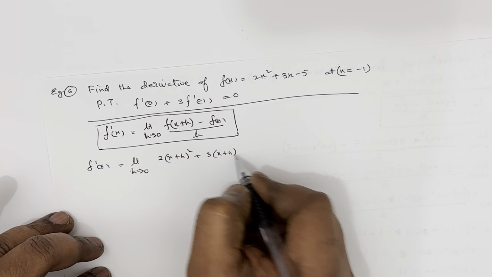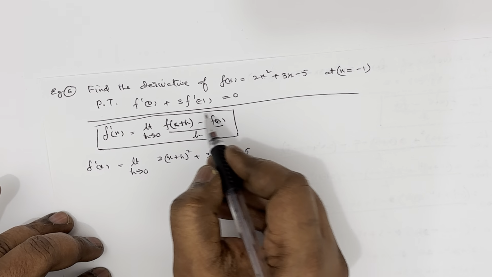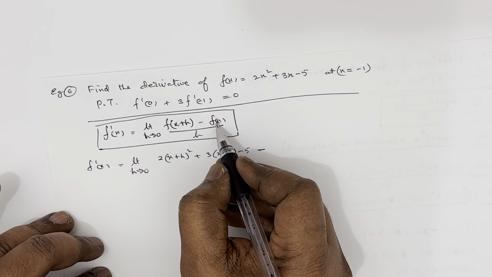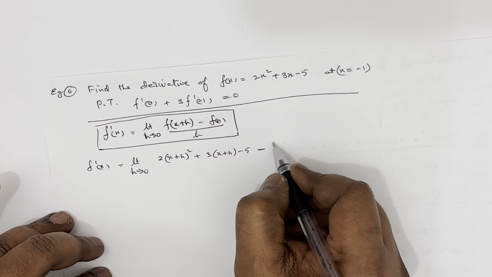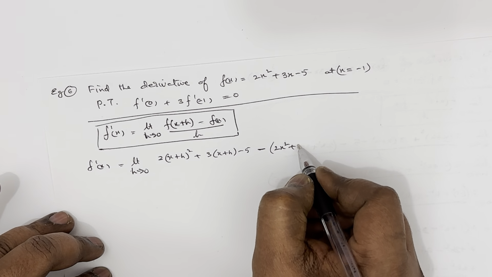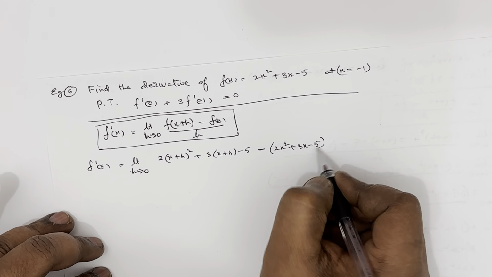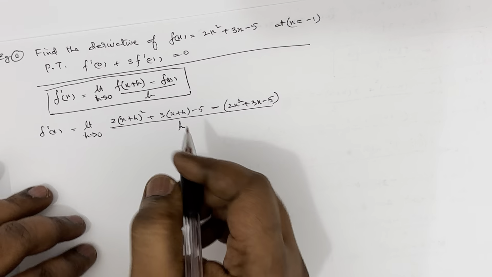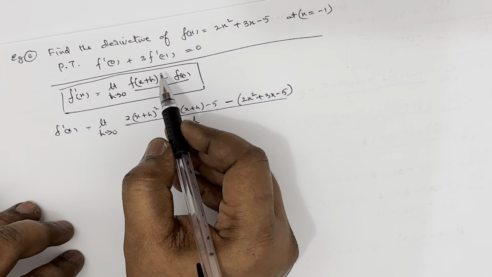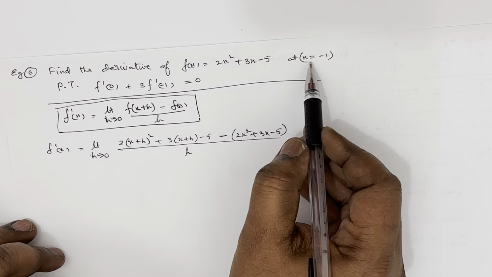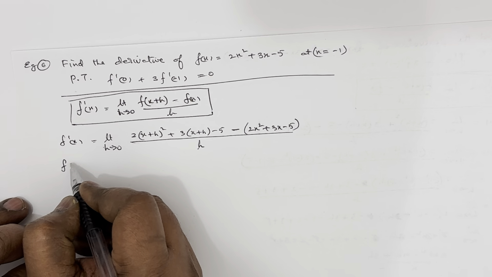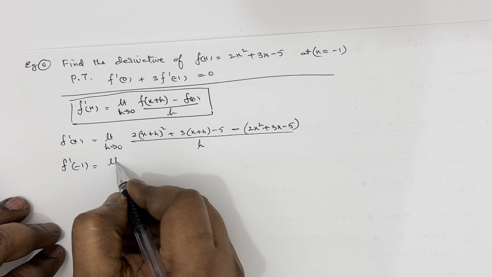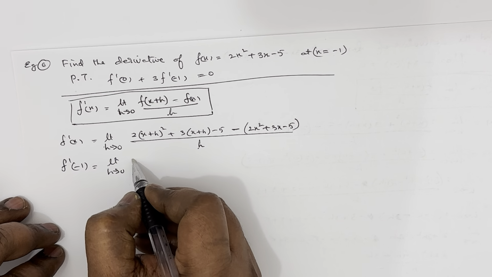Okay, minus 5, and now this is completed. Now minus the function as it is. Okay, so it becomes 2x square plus 3x minus 5, upon h. Now this is f dash of x. Now f dash of x at x is equal to minus 1, so we'll take x is equal to minus 1. F dash of minus 1 is equal to limit h tends to 0 of, now let